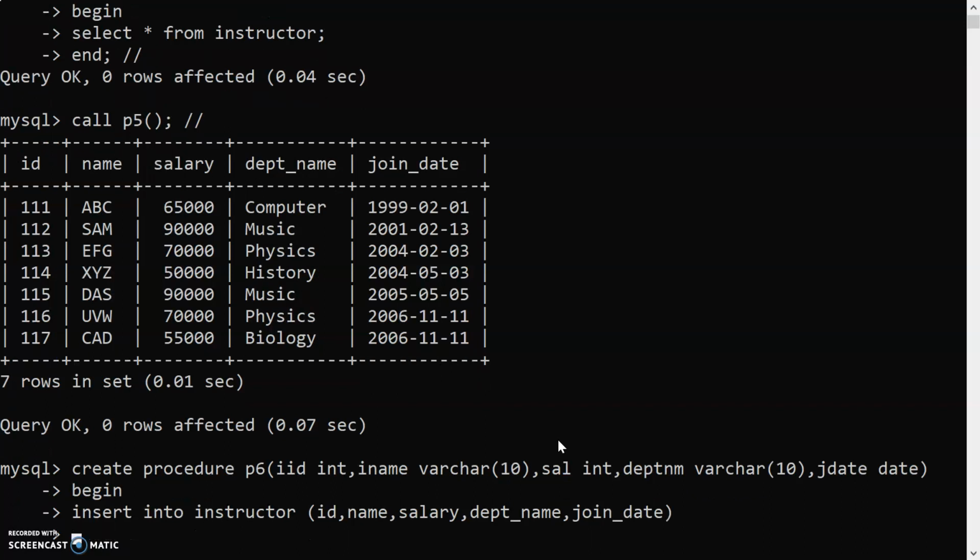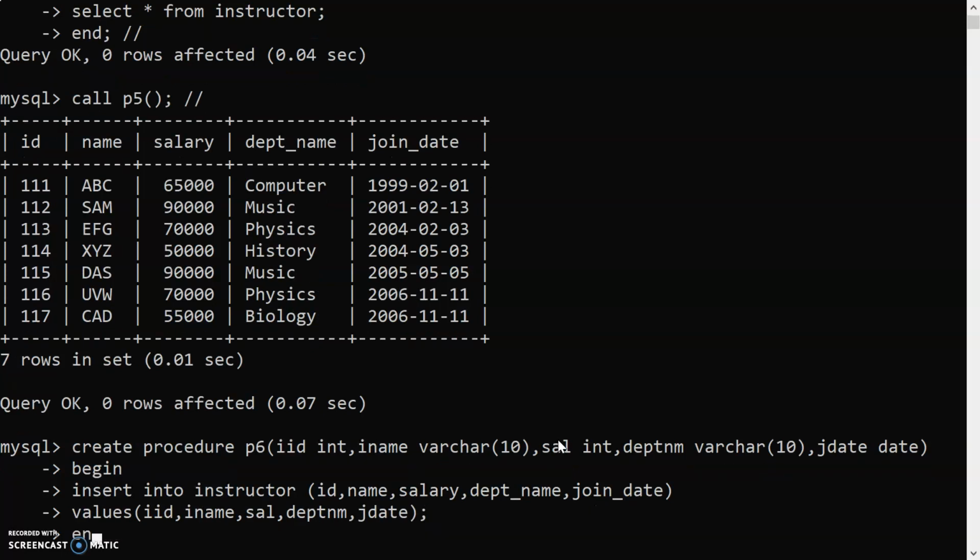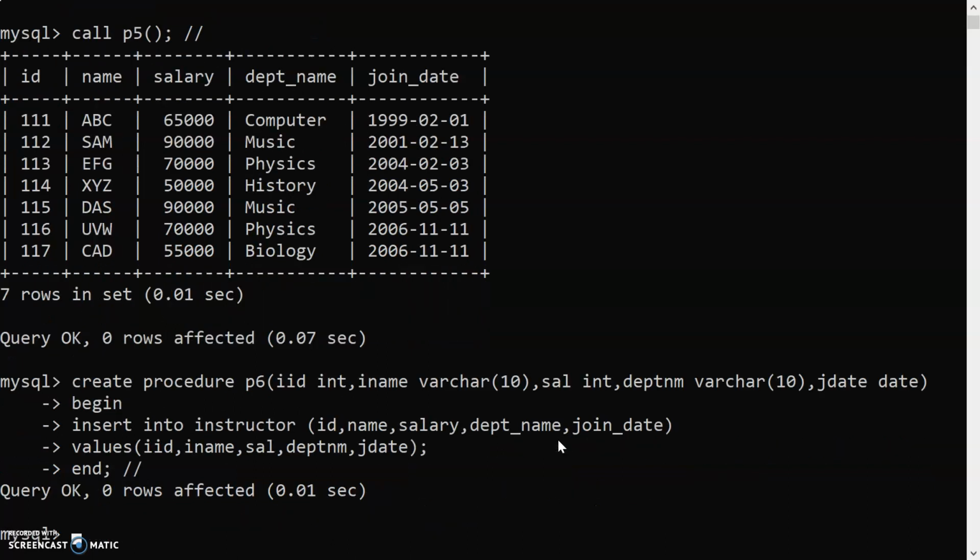And then values will be passed through the procedure. So here I will write IID, then INAME, then sal, DEPT name and JDate. So now I will end the procedure. So procedure is created.